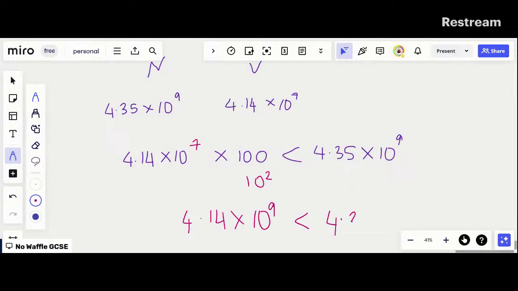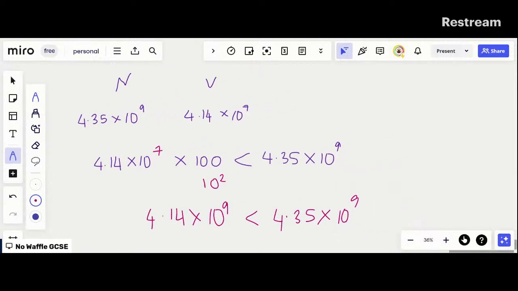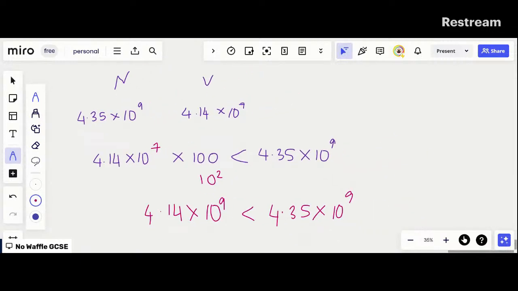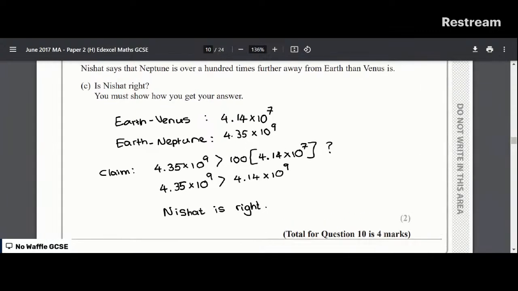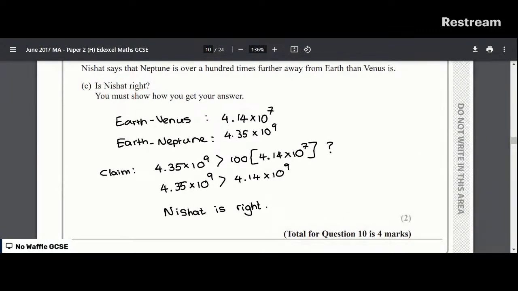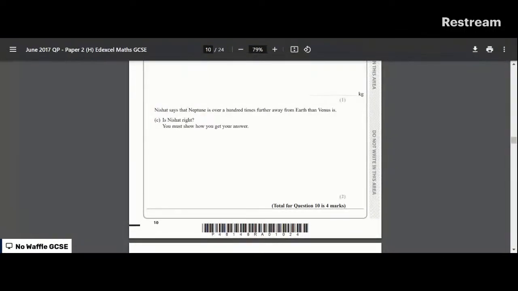And is this statement true? Is 4.35 times 10 to the 9 greater than 4.14 times 10 to the 9? Yes, it is. Because they're the same power, as you can see here, Nishit is clearly right. He is correct. Okay, let's now move on